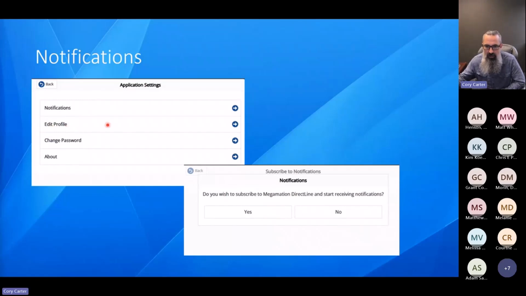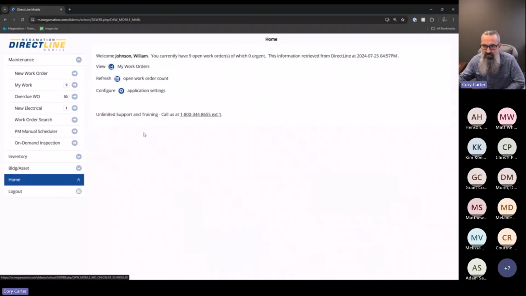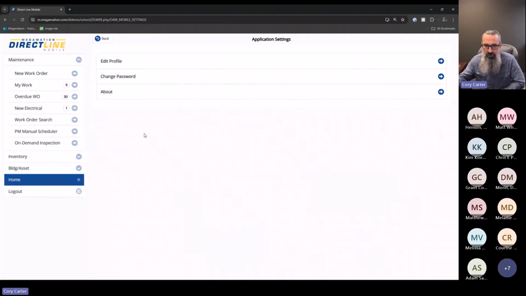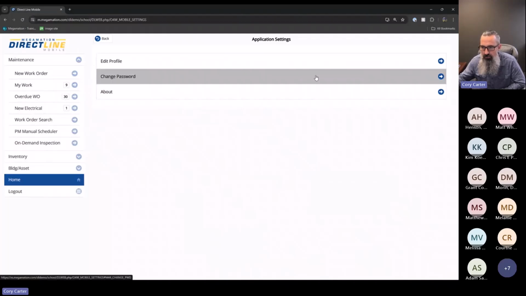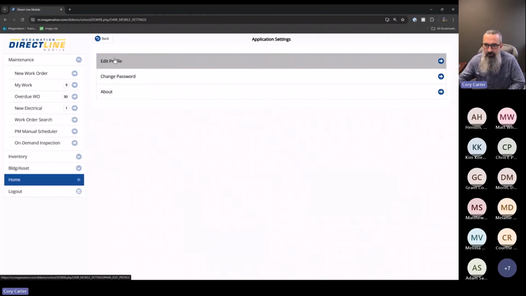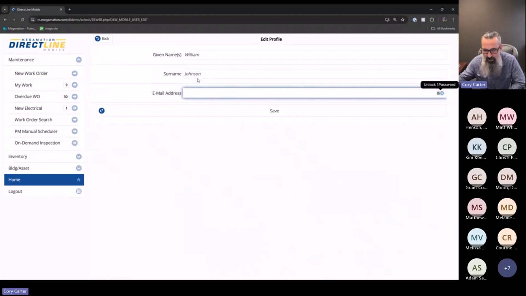There's also an edit profile and a change password option in there, and I want to show you what those are. They're pretty small features, but it's good to know. My notifications are turned on already, so I don't have notifications here. That's why I did it with screenshots. But if I go to edit profile, it allows me to add an email address. That's really the only edit I can do to my profile,